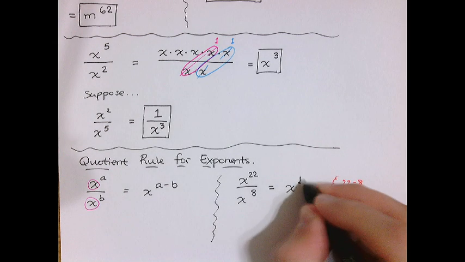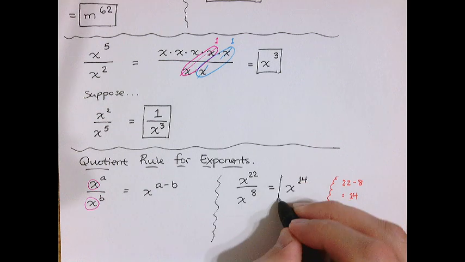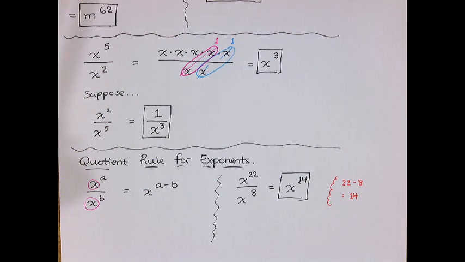So here we end up with x to the 14th. And everybody's all happy with that. So what if I do this? If I say a to the 10th over a to the 17th. Well, then it comes down to being,